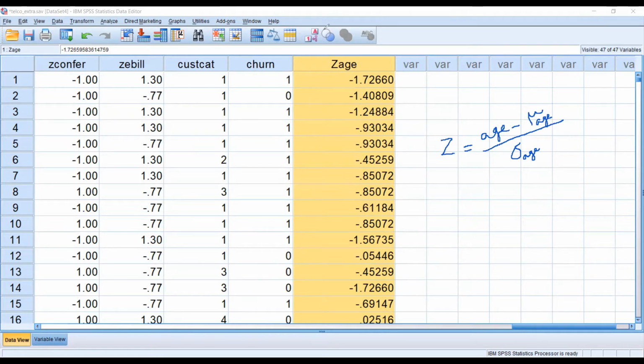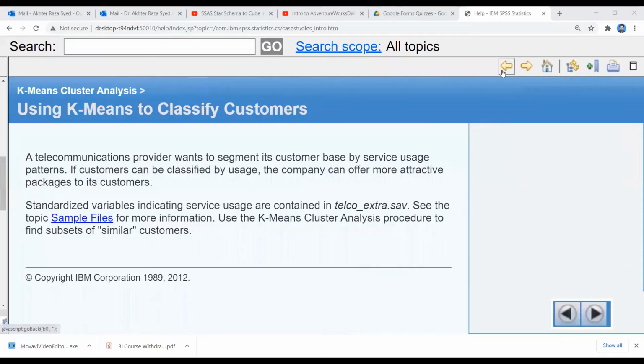But this variable already exists, so I am deleting this variable because I demonstrated it just for the purpose of showing how to calculate Z scores in SPSS. In this case study, we are using k-means clustering to group the customers into a number of clusters.